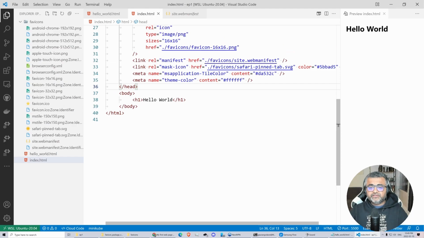So we added all this, the tile color, MS application tile color. This is again a meta tag, and this meta tag is used by Microsoft. So tile color and everything, if you again convert this app into a progressive web app and save it to, let's say, Windows, it adds this web page as an app on the Microsoft Start menu, and it defines the tile color over here. So we are going to remove these because